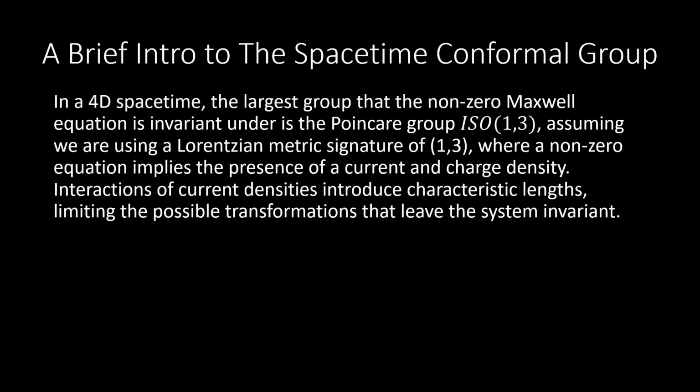In a 4D spacetime, the largest group that the non-zero Maxwell equation is invariant under is the Poincare group ISO(1,3), assuming we're using a Lorentzian metric signature of (1,3), where a non-zero equation implies the presence of a current and charge density, of course. Interactions of current densities introduce characteristic lengths, limiting the possible transformations that leave the system invariant. So if I have characteristic lengths, I no longer have a length invariant